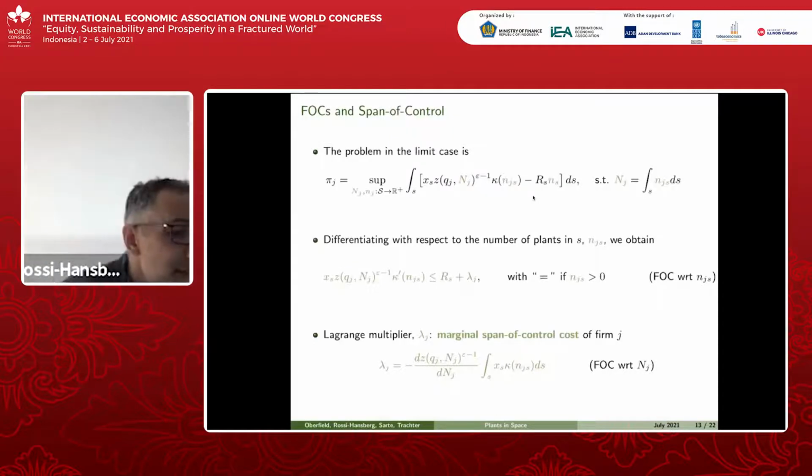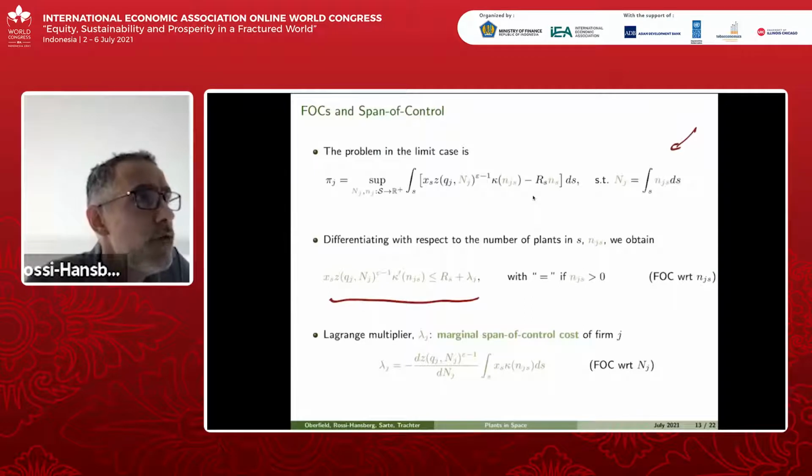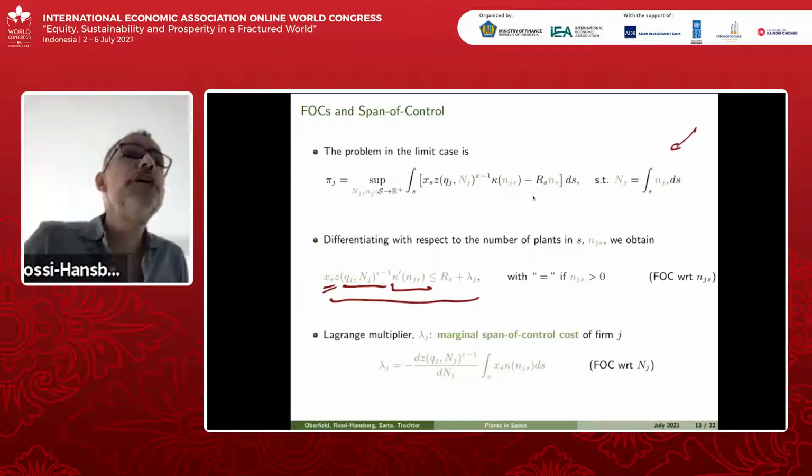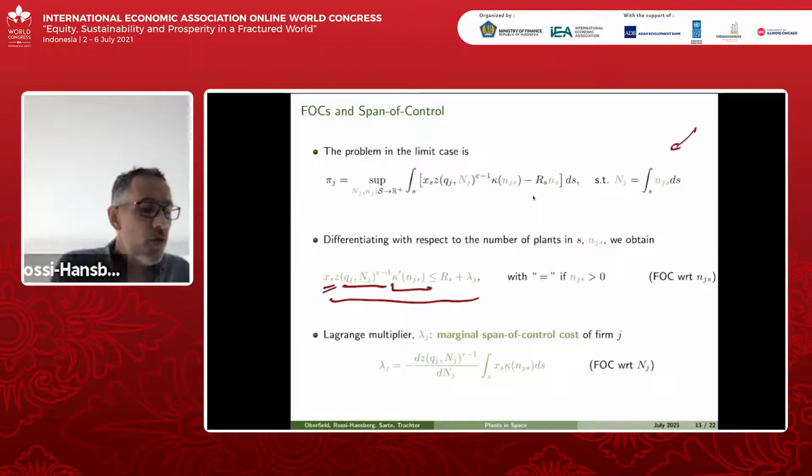And so you take this problem then, which is given in the first equation. Now I can take first order conditions, and this is the first order condition with respect to the number of plants in a particular location, little n. Okay, and so what is this? This tells me, well, there is a profitability of the location, the productivity of the firm, and then how this efficiency of distribution changes. This is kind of the benefit of putting another plant in a given location. What's the cost? The cost is, well, I have to pay the rent, and there is another fixed cost here, lambda. And what is that other fixed cost?